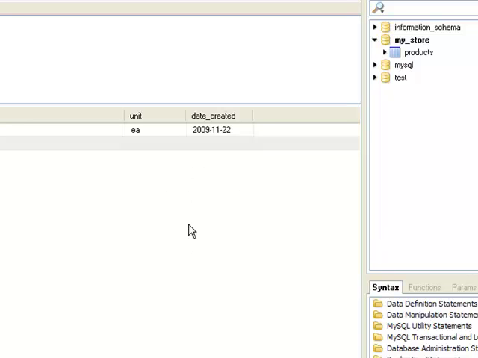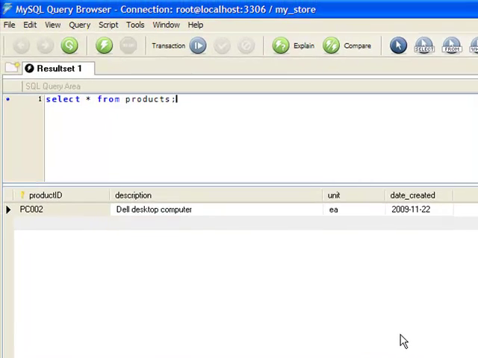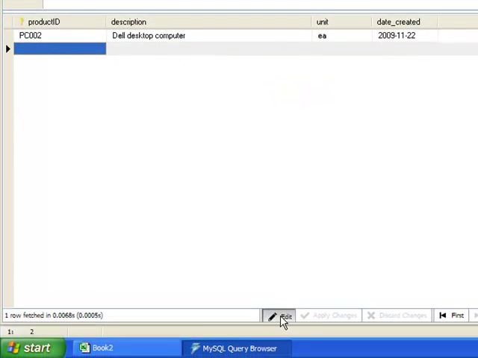So how do we edit and apply changes? So let us say we're going to insert again PC01. Okay, so we're going to enter at the lower portion. Okay, we click edit and we double click here. So you could see here that edit change.